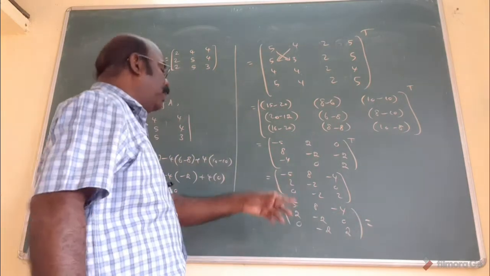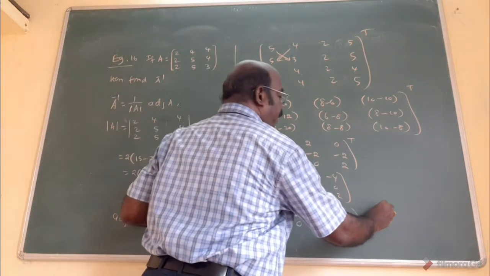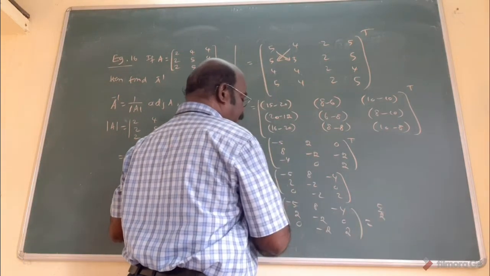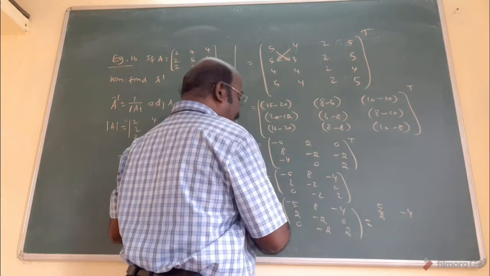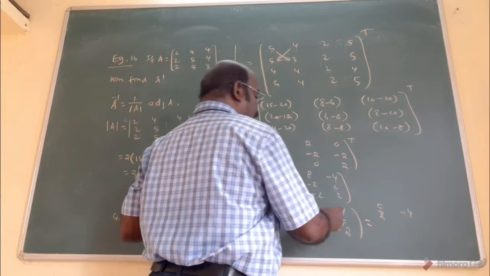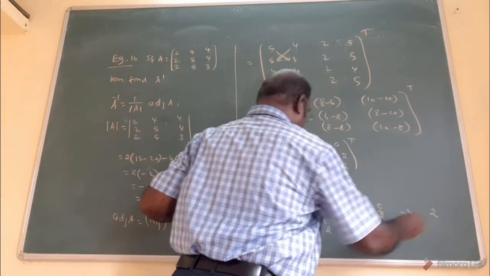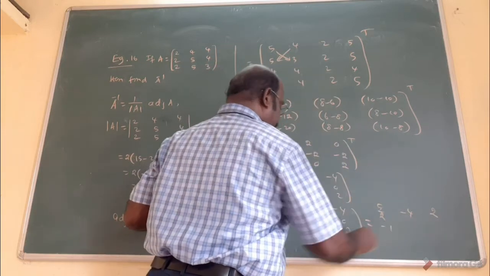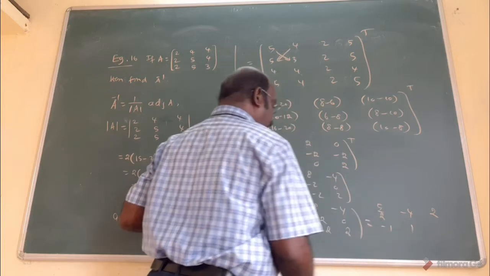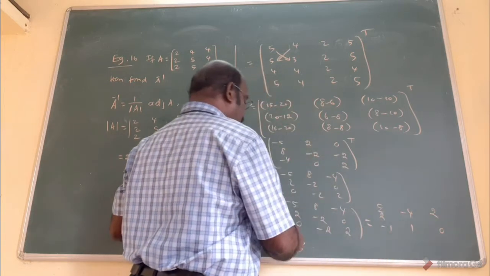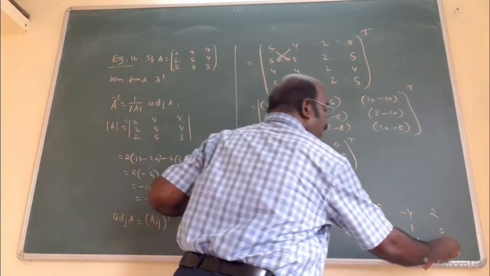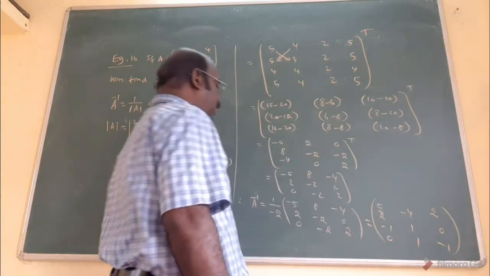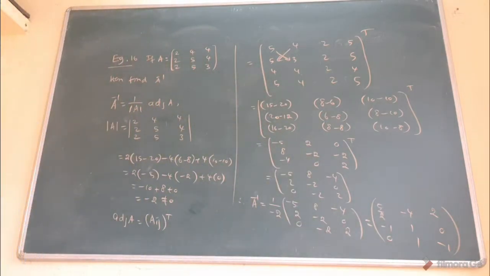Now, all the numbers are divided by minus 2. What is the answer? 5 by 2. Am I right? Sign minus 1 cancel by 2. Here, minus 4 because plus is there. 8 by minus 2 is minus 4. Here, minus 4 by minus 2 only 2. Here, 2 to cancel minus 1. Here, minus 2, minus cancel only 1. 0. Last one. 0. Minus 2 divided by minus 2 is 1. 2 by minus 2 is minus 1. In this way, this is the answer. That's all. This is called A inverse. Inverse of A. That is the answer.